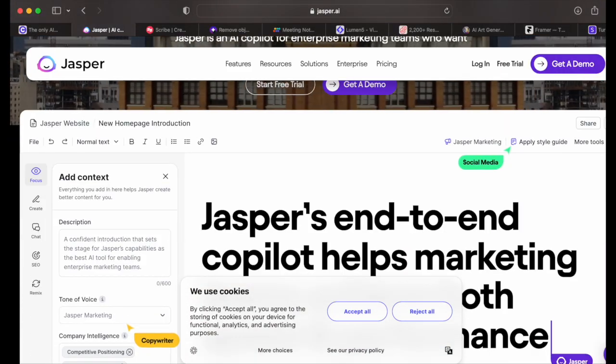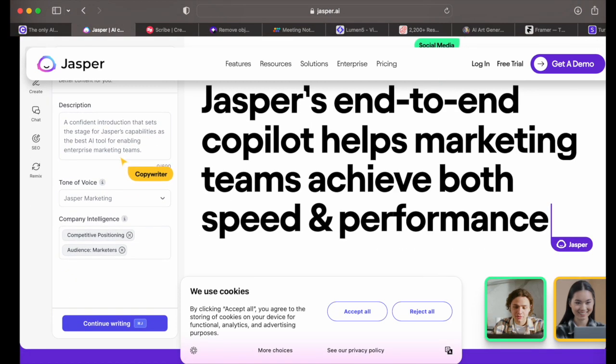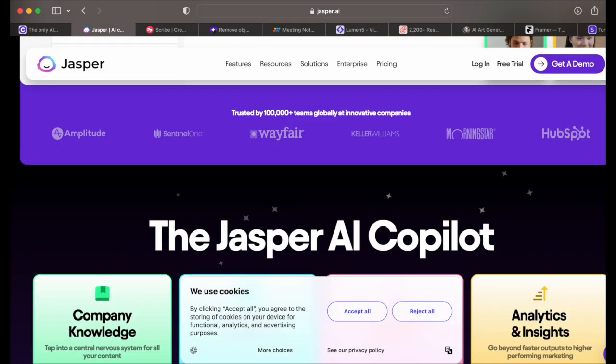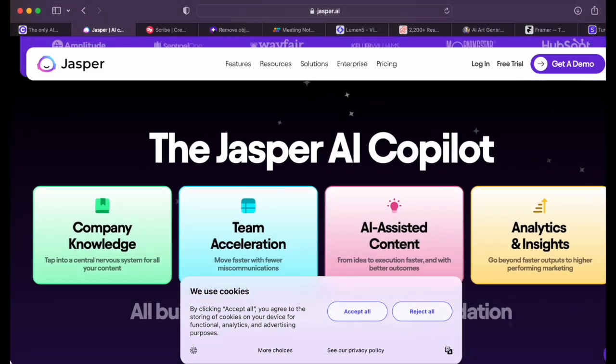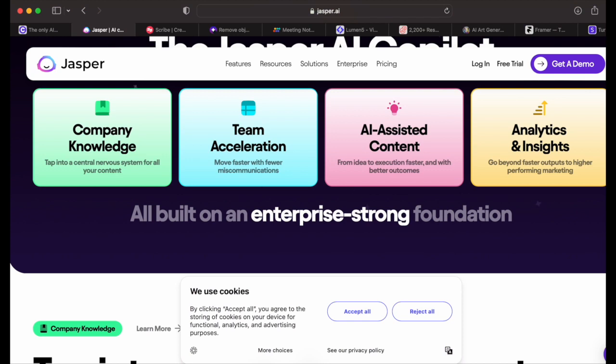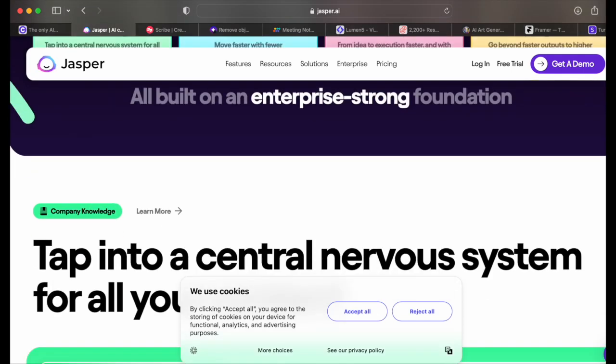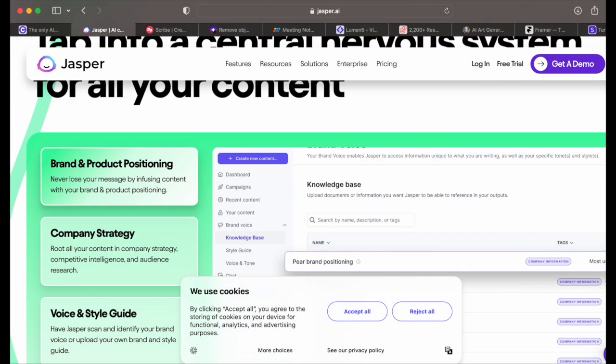So simply what you need to do, you need to log in. Like अगर आपको log in करना है, या तो आपको पहले sign up करना है, that you can do. And in addition to that, you can say that it helps the team to achieve both speed and performance. तो definitely जब artificial intelligence tool आपकी चीज़ों को write करेगा, content create करेगा, and all, तो आपका work easy हो जाएगा. So yeah, this is specifically designed for the writing purpose.